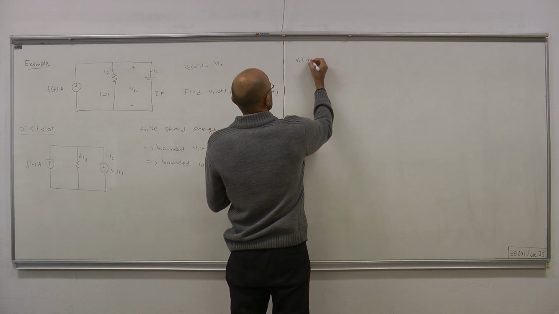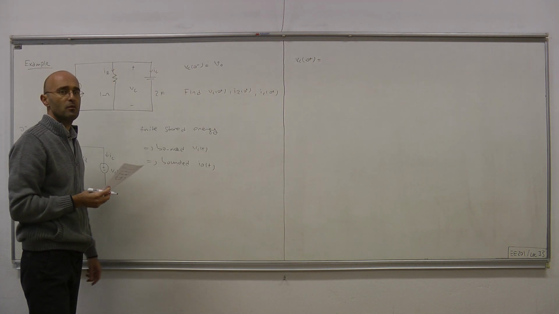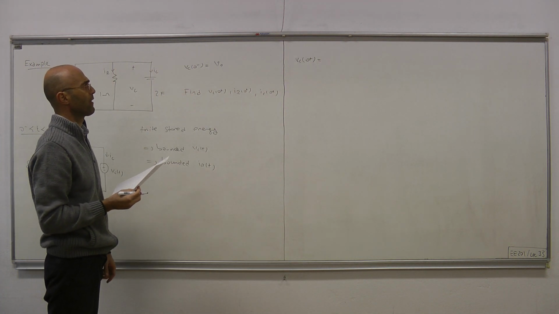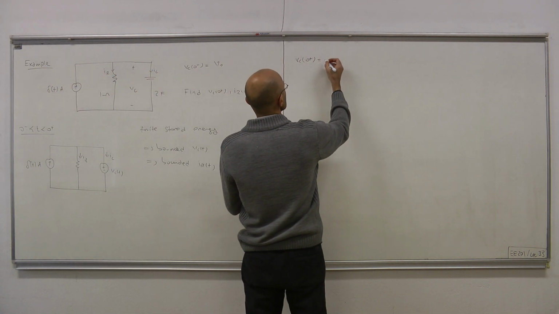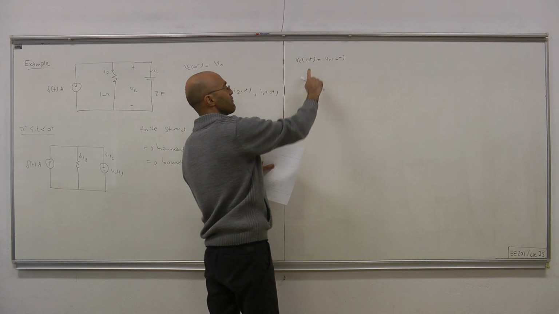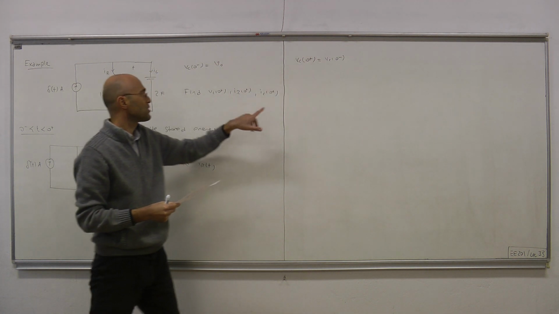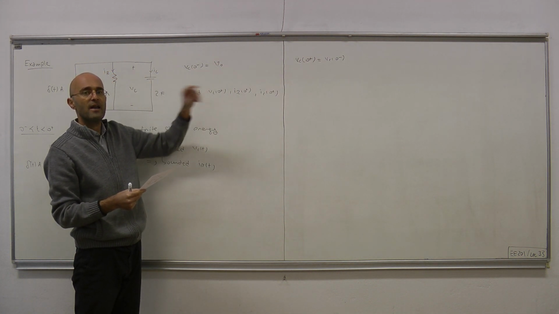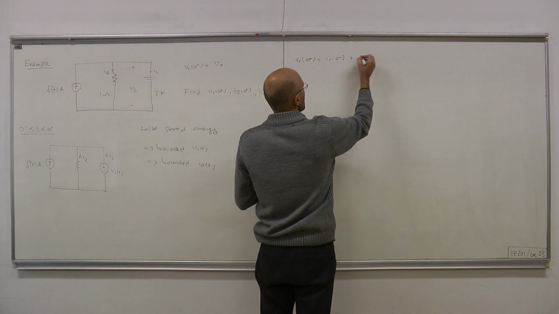So what we do is what we did before in our previous example. We write the terminal equation for the capacitor: VC(0+) equals VC(0-) from initial time to final time. The reason the final time is 0+ is because we're interested in these quantities at that particular time, t equals 0+. Okay, plus 1 over